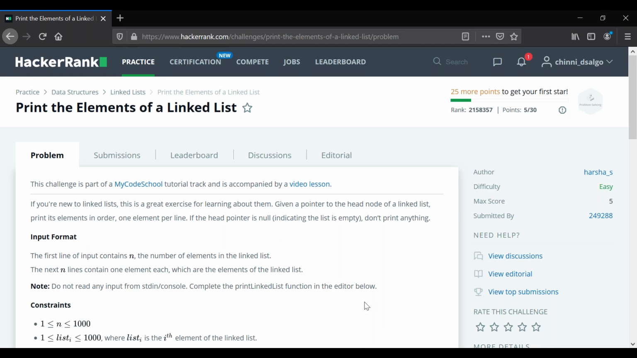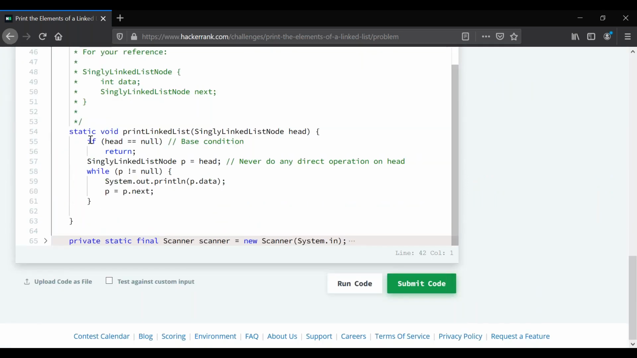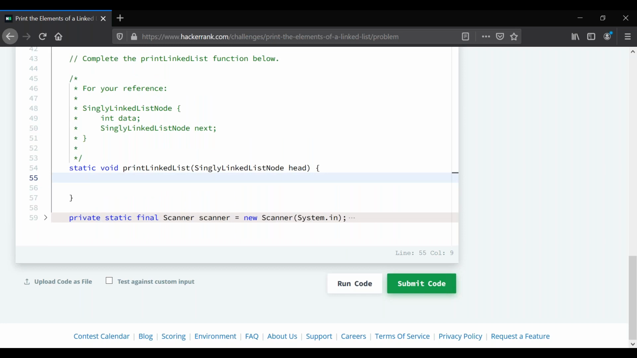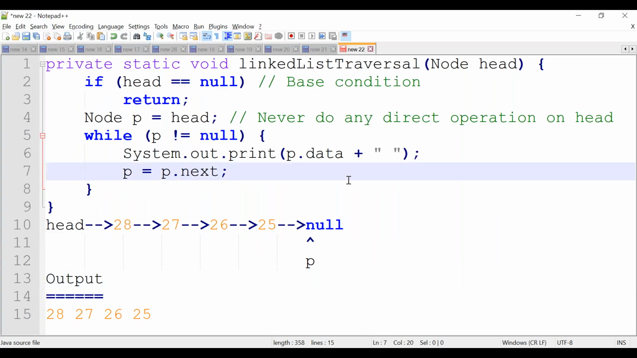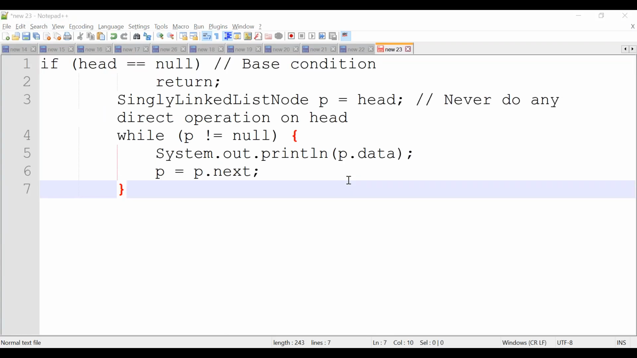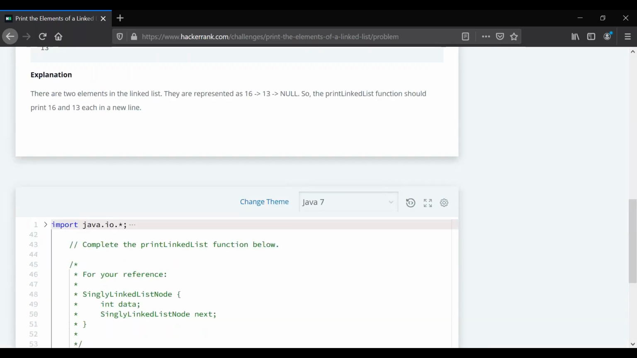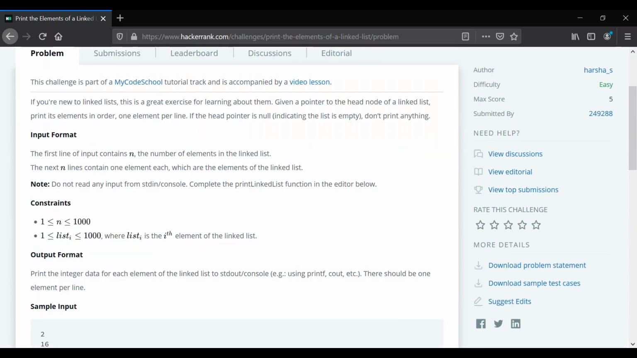Just by seeing our simple problem, you should be in a position to answer it. I'm removing whatever code I have written here and pasting it somewhere so that it can be handy if something goes wrong, right? So what is happening now? Let's try to understand